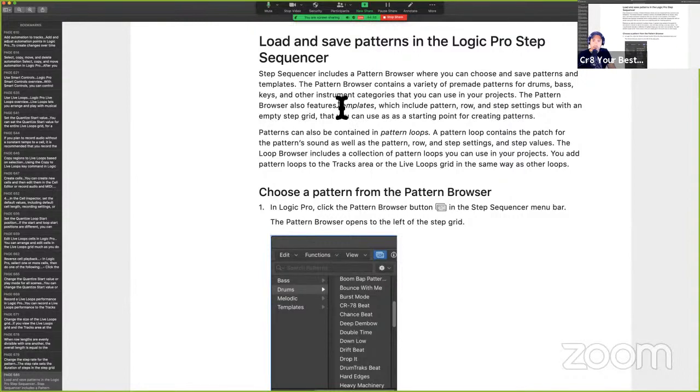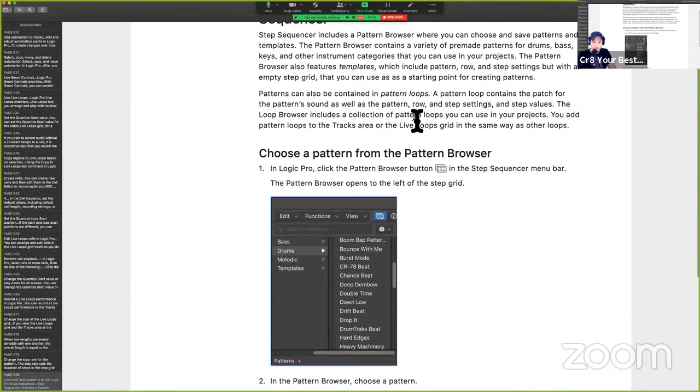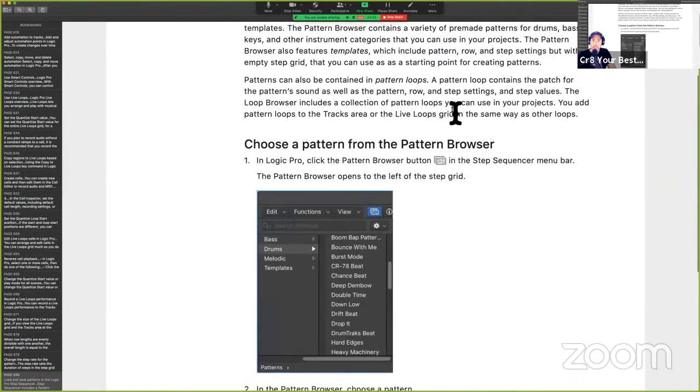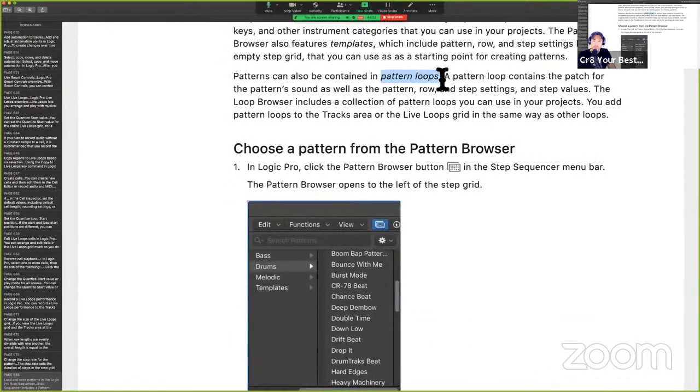So templates are rad because everything is kind of done for you as far as all the work, and all you have to do is start to input the MIDI data. And then, yeah, think of it as a starting point. Patterns can also contain the pattern loop. All right, so now we can have a sequence, a chord progression, a melodic theme also be kind of pre-configured